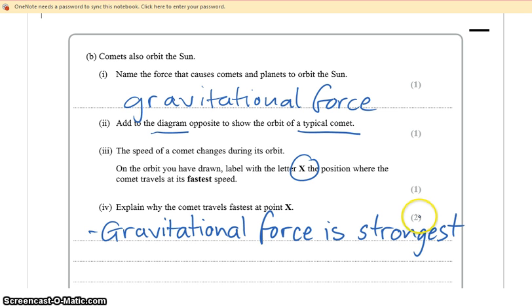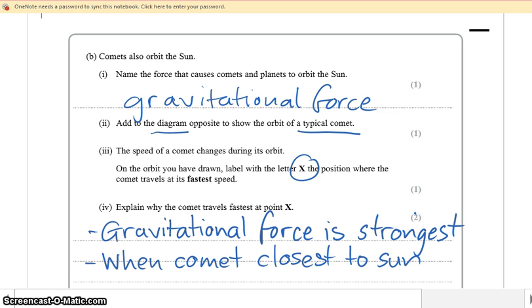So for the first mark out of 2, the gravitational force is strongest when the comet is at point X, which is the point closest to the Sun. And you should know that for 2 bodies, as they get closer together, the gravitational force between their 2 masses increases. So